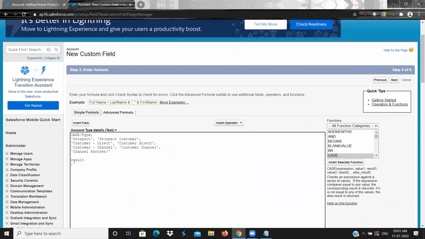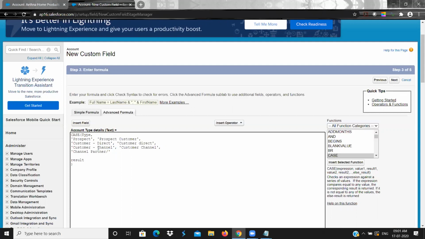Is this case sensitive or what? No, see, Apex is not case sensitive. In Salesforce, the classic side is not case sensitive. When you go to Lightning, those things are case sensitive. But it is good to give the proper cases and spaces.